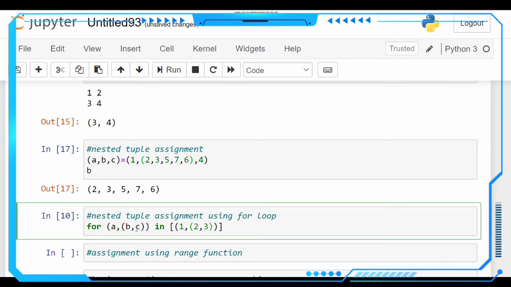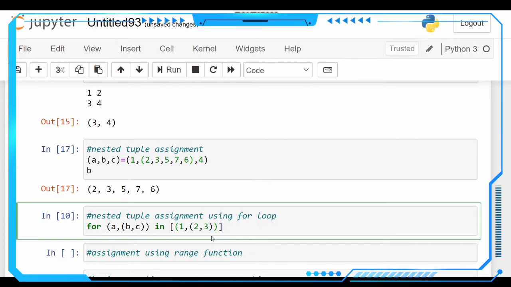We have to follow the format in the variables we are taking here. We have to follow this format only, a, (b, c). So we have taken this second as a nested tuple, right? That's why we are taking it here. It's also like 1, 2 as 2, 3 as a nested tuple.